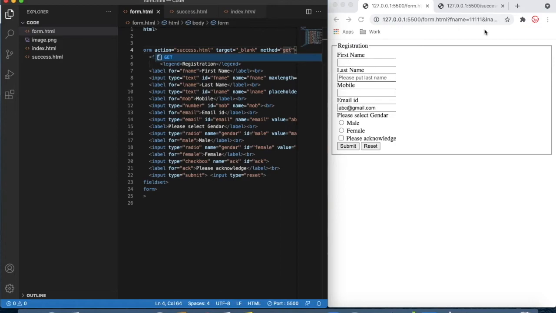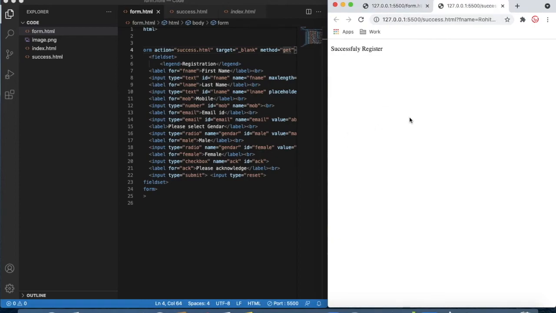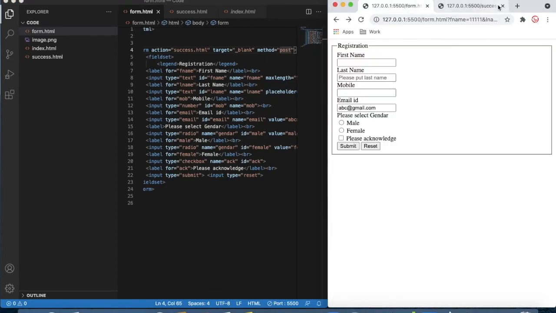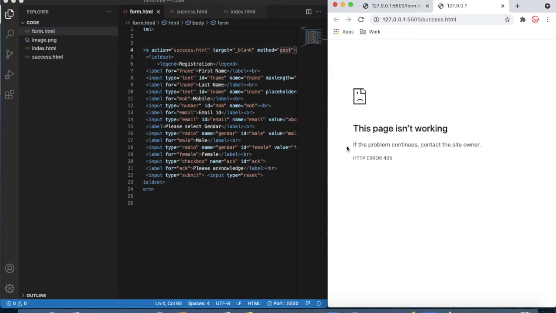So whenever we put something and click submit, it opens in a new tab with all the values in your URL. Next method is post. That will do one thing: all the values will be passed in an encoded format that cannot be shown in your URL. So now if I click submit, you can see the success HTML page is available